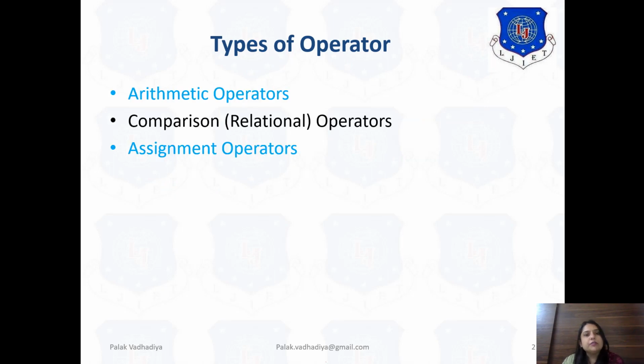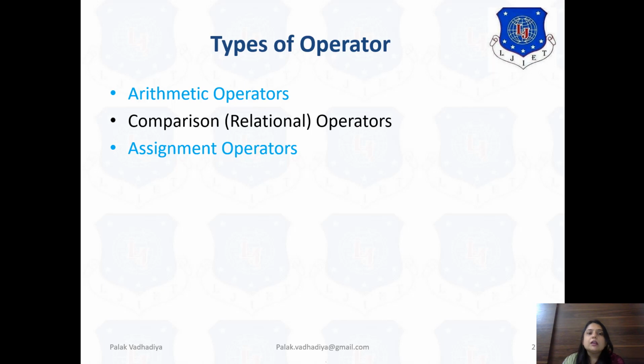In a previous video, we have already discussed three types of operators: arithmetic operators, comparison operators and assignment operators. In arithmetic operators, we consider plus, minus, multiplication, division, float division, etc. In comparison operators, we consider greater than, less than, greater than or equal to, less than or equal to.